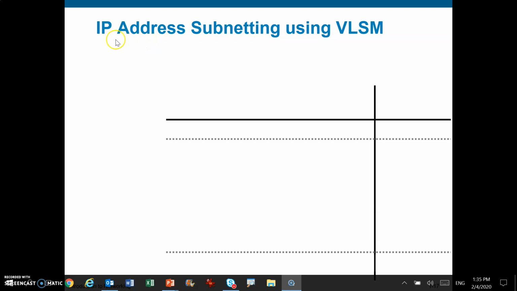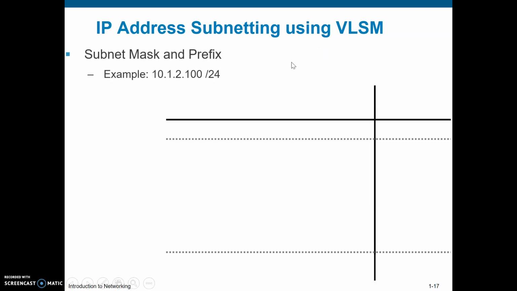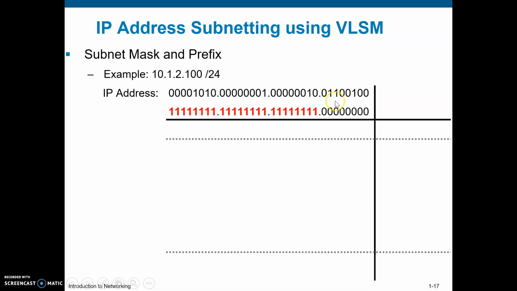Okay, let's do a revision on IP subnetting using a variable length subnet mask. The first example, 10.1.2.100/24. We need to convert this into binary. It looks like this, 10.1.2.100. The /24 means that the subnet mask will look like this, 24 bits of 1 followed by 8 bits